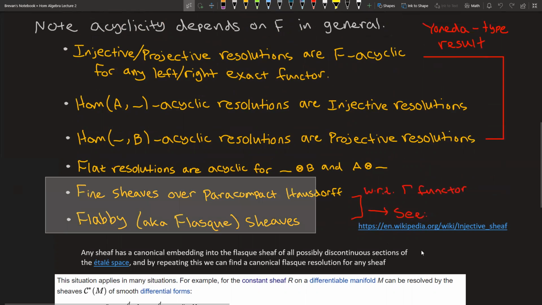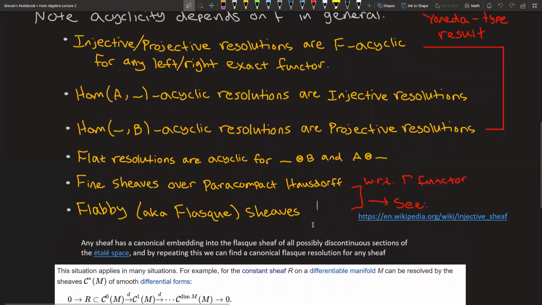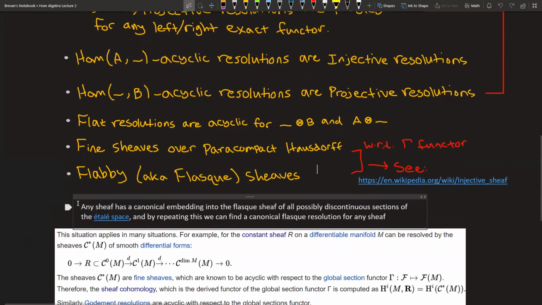Why do we have so many we talk about? These, you already know, calculate Čech cohomology. These are useful because they actually allow us to do calculations over, like, if you want to do calculations over schemes, you're going to be using flabby sheaves. These are even also used in complex geometry quite a bit, where often there you can use fine sheaves because it's paracompact Hausdorff, but it's often just much nicer to appeal to flask sheaves because of this statement that any